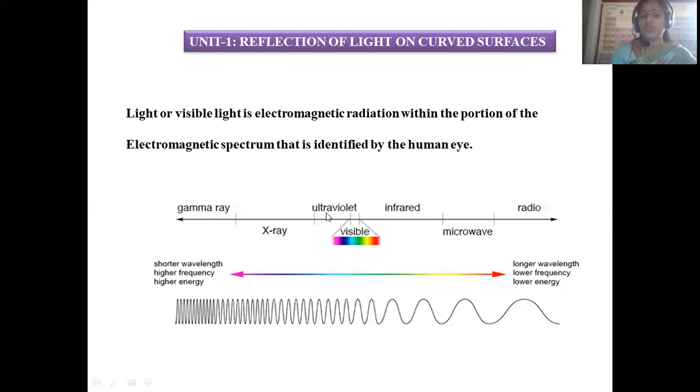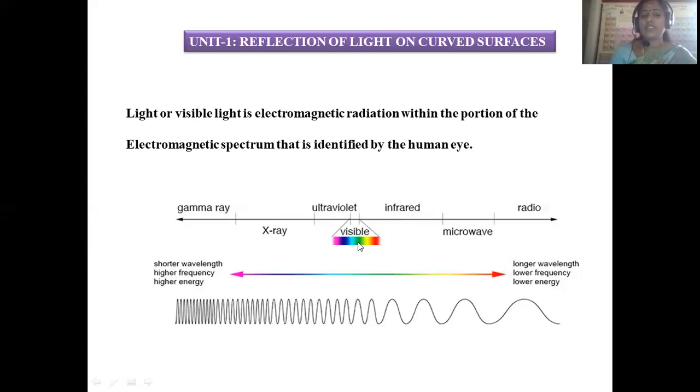Ultraviolet radiation is also very essential. Even though at higher intensity it causes some problems, if we use it in a proper, wise way, it can be utilized in many ways. It is very essential in research for the prediction of new compounds, and also for the sterilization of water to remove any germs or microorganisms present in the water, and to treat jaundice in newborn infants. So in that case also ultraviolet radiation plays a vital role.